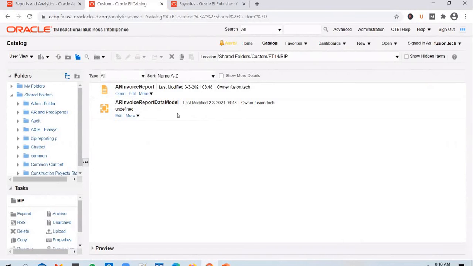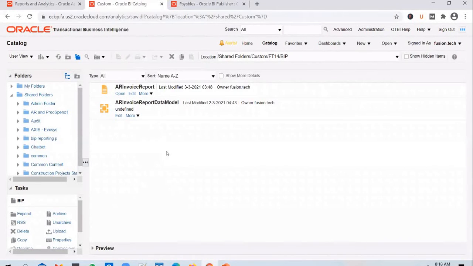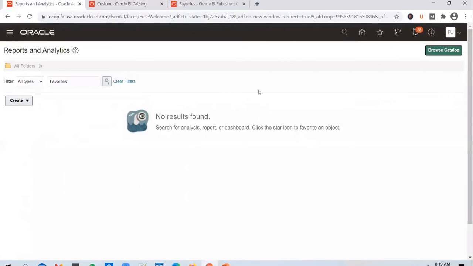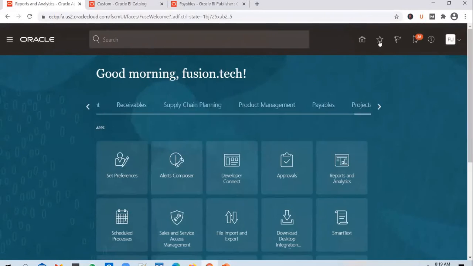After you create a report, not every report needs to be tied to an ESS job. If the report is not tied to an ESS job, and you want to give permission on your report to others, this is how you do it. You click on the More icon and give permissions to them so that they can execute it. But in some cases, you might have a report registered as an ESS job, as in this case. In such cases, you need to give access to the ESS job to the user. They should be able to run the ESS job because that's how they execute it, right?